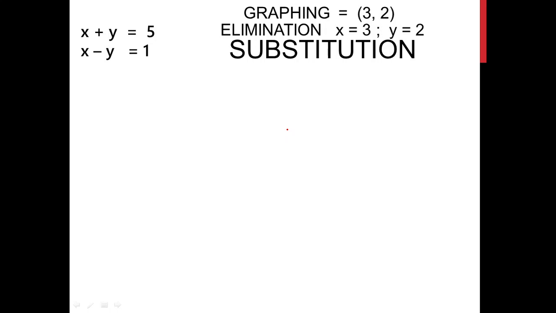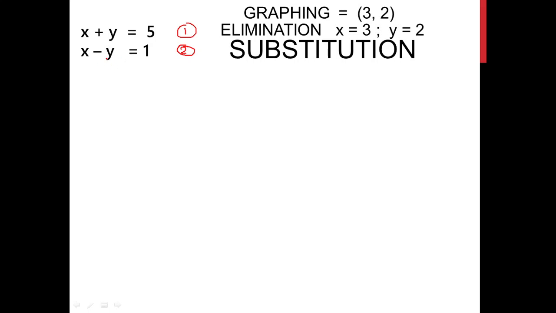Now, in the substitution method I need to work on the equation itself. Say x plus y is equal to 5 is my equation 1, and x minus y is equal to 1 is my equation 2. The substitution method is somewhat similar to the elimination method, but we are working on the equation itself, not eliminating a variable. Okay? But in the end, the process is to come up with a single variable. That's why I said earlier that it's somewhat the same as the elimination method.